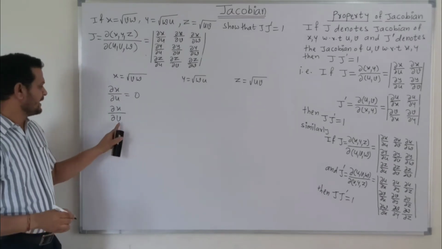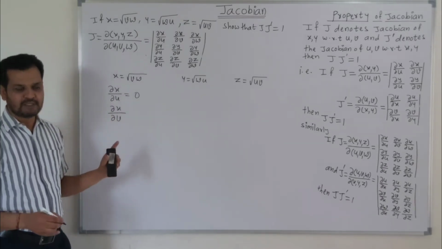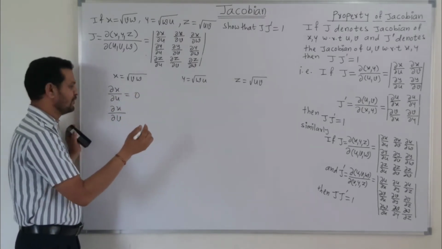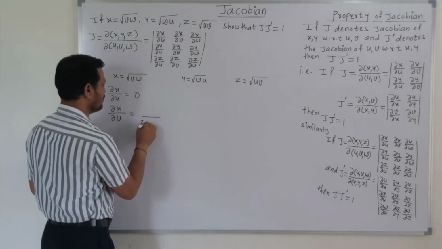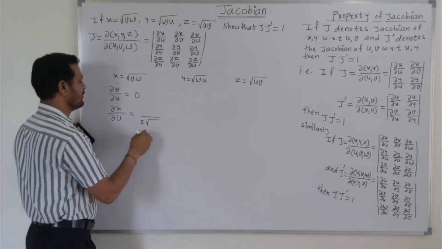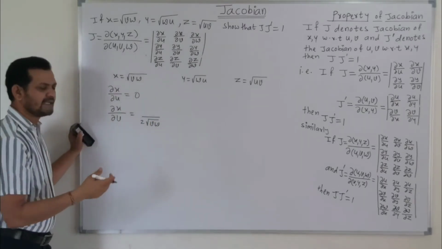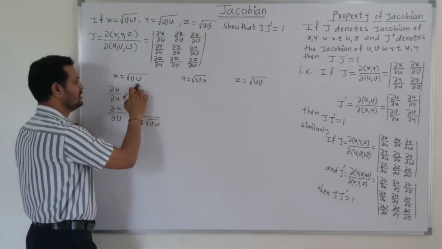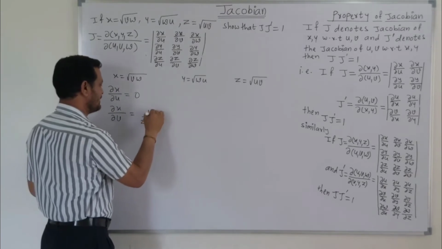When we take the partial derivative with respect to v, that means u and w are constant. So this is of the type root of x, and we know that the derivative of root x is 1 upon 2 root x. So this is 1 upon 2 root of vw, but this is other than v. So the derivative of vw with respect to v is w.